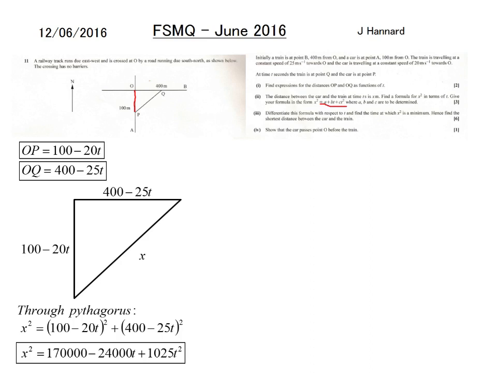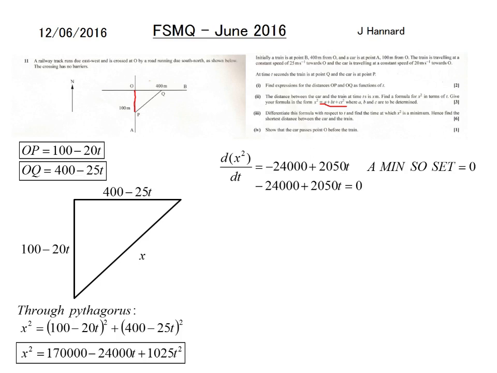Right then, differentiate this formula with respect to t and find the time at which x squared is a minimum, hence find the shortest distance between the car and the train. So dx squared by dt: power to the front, knock one off the power, we end up with that. When it's a minimum, that means we can set it equal to 0, so we end up with that,